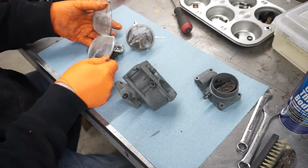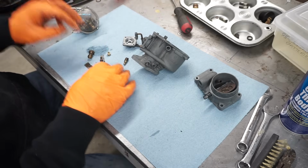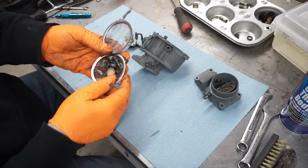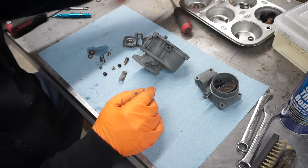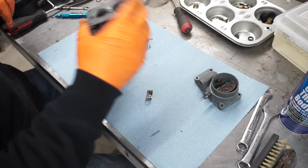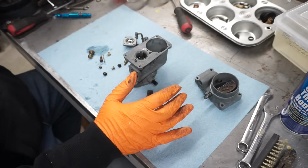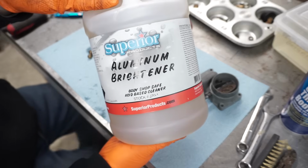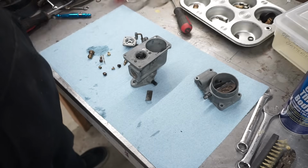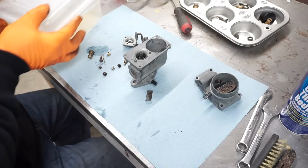Take a look at the small parts. These are some parts from another carb. Just wanted to clean those. So what we'll do now is, this is the secret weapon for the super clean, and that's aluminum brightener. I get that at Napa, and I mix it about 10 to 1 at least